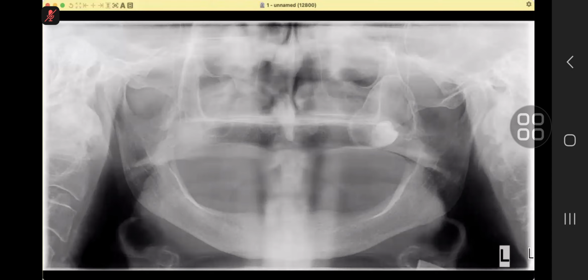Apart from that, the visualized mandible appears unremarkable. I'm not able to appreciate any difference bilaterally. It appears the same. What is your